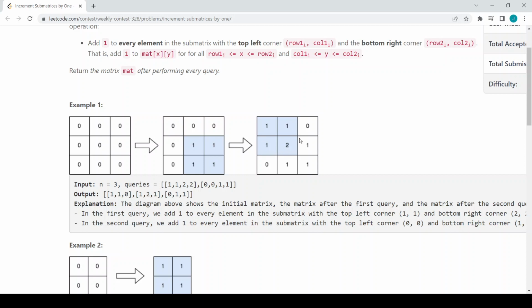Consider while executing query 2, this is the starting cell 0 comma 0 and this is the ending cell 1 comma 1. For each and every row we are going to consider it as a 1D array, and we are going to do the same sweepline algorithm: we want to increment the left pointer and decrement the right pointer. Once we have done this,